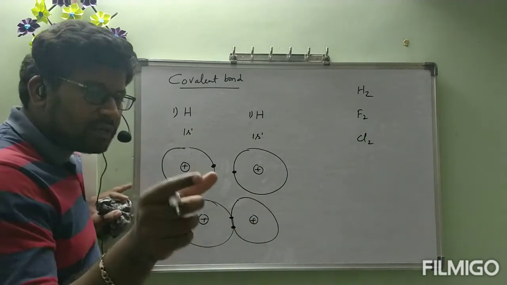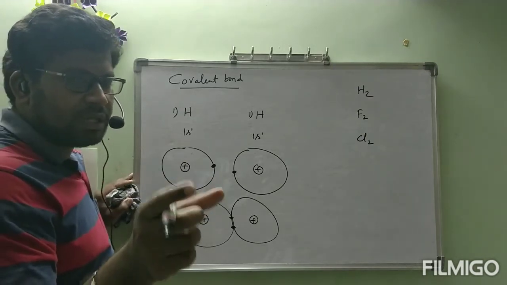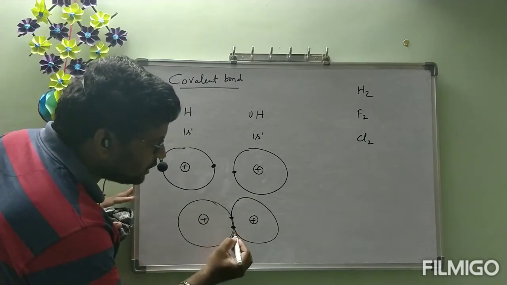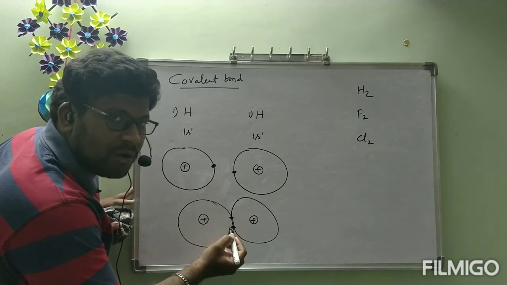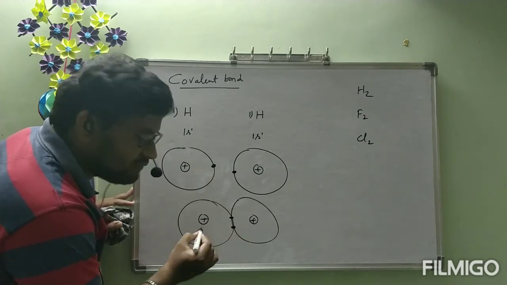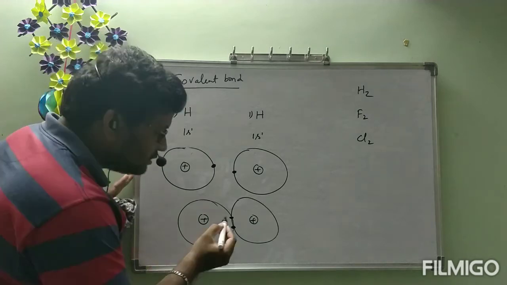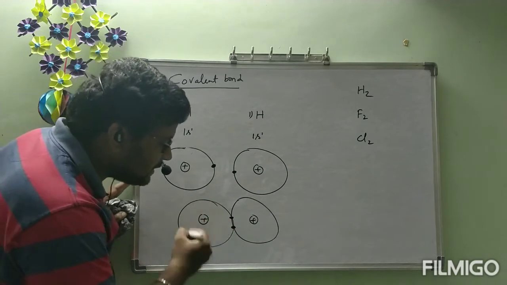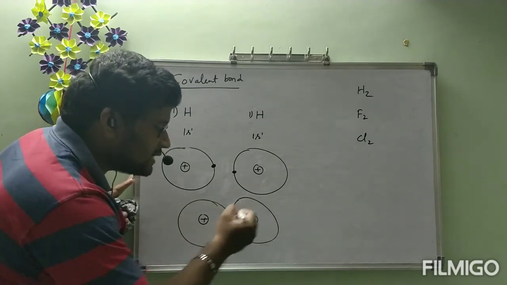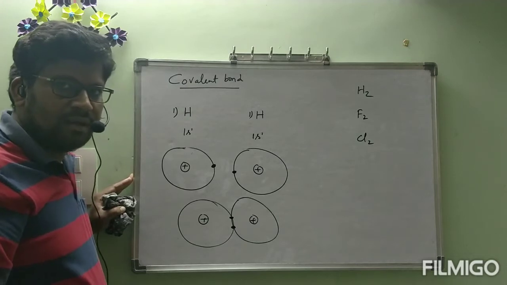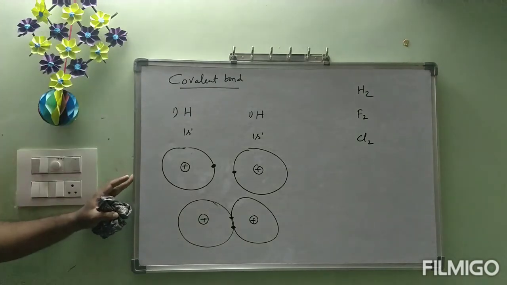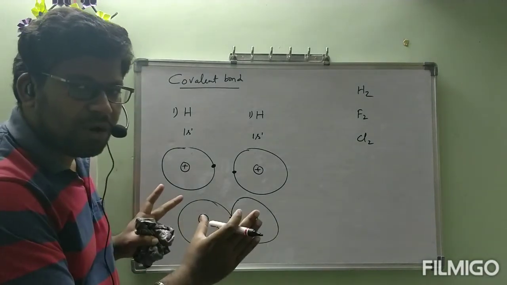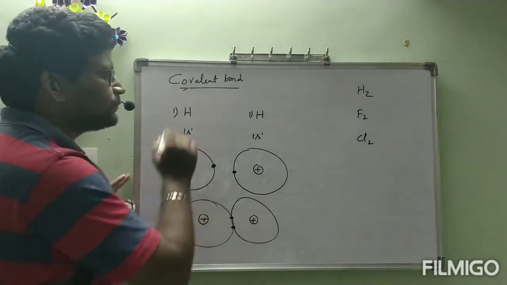And see, after getting the chocolate, that chocolate is entirely belonging to both the students. Like that here also, these two electrons, after the completion of the bond, belong to the first atom as well as the second atom. First atom is getting stability by helium configuration, and the second atom is also getting stability by helium configuration. Did you understand?